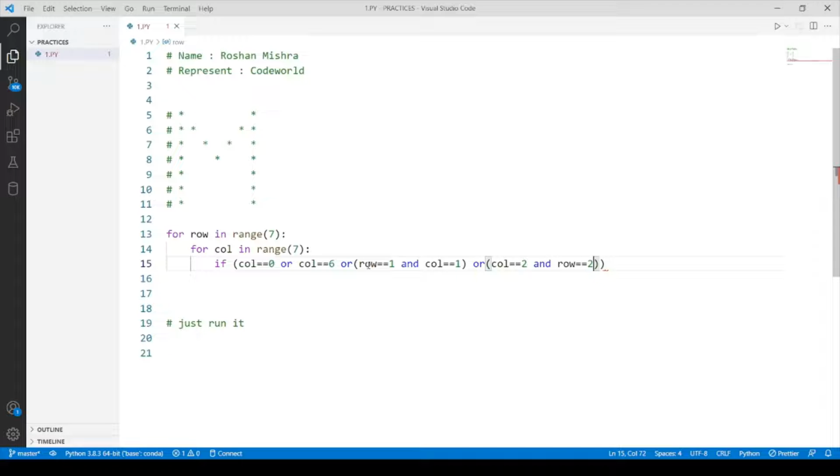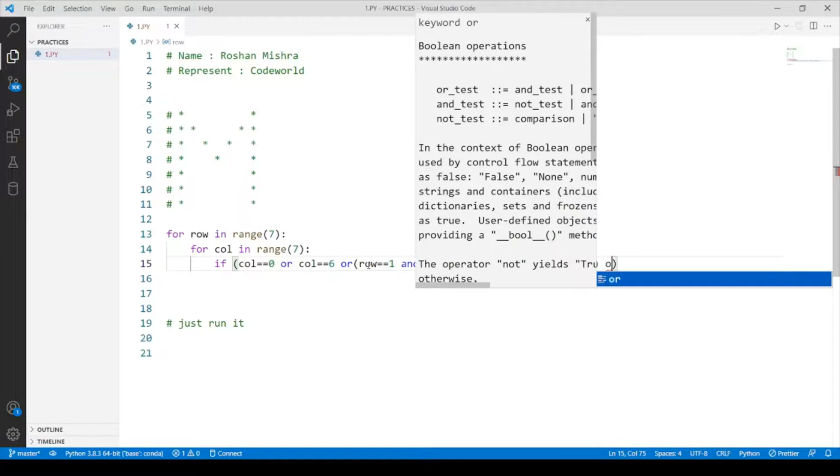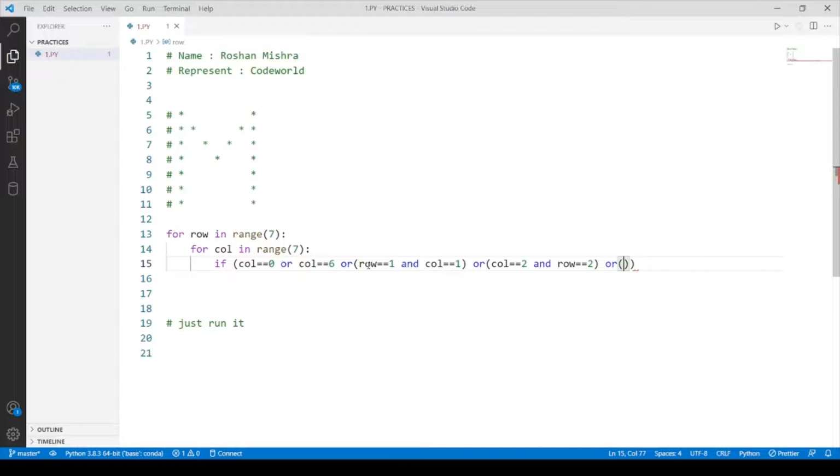And also or row equals 3 and column equals 3, then print 1 star. Till here it is our third row. Now in reverse order, we have printed these 2 stars by using these columns.